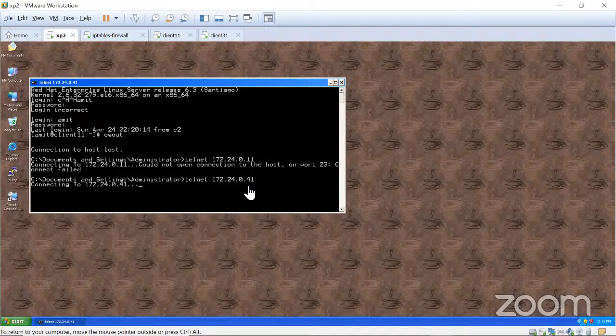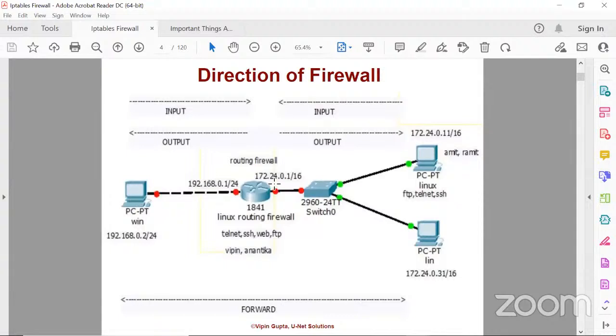So again, let me go to the diagram. Now what is happening when we try to access using the 41 address, the traffic is going through this system. So what we can do? We can use DNAT. DNAT means destination network address translation, for traffic that is going to cross this system. We will change that 41 address to 11. Now it will give you the access. Let me show you the practical example, and later on we will see also why it is dangerous from a security point of view.